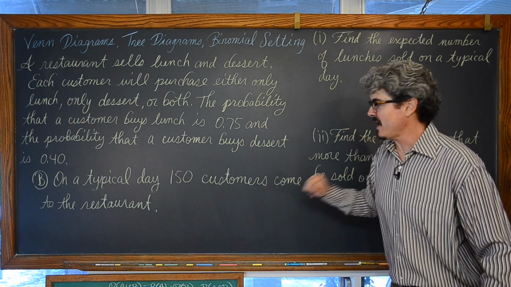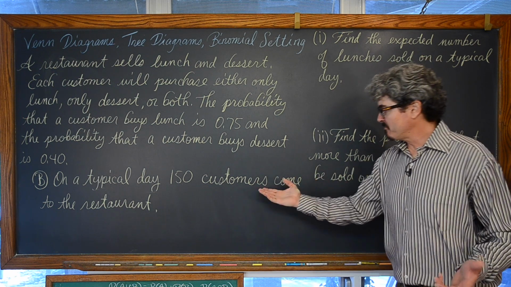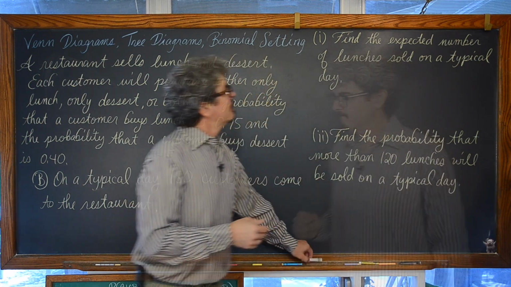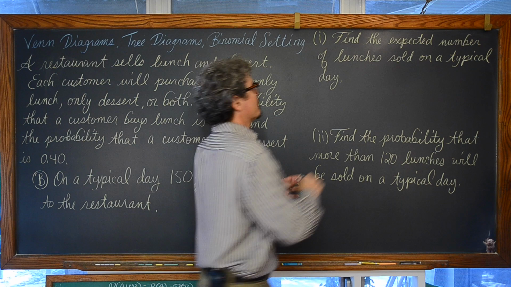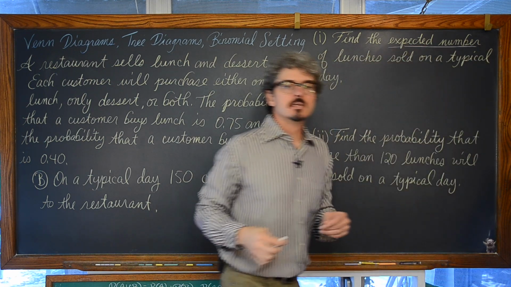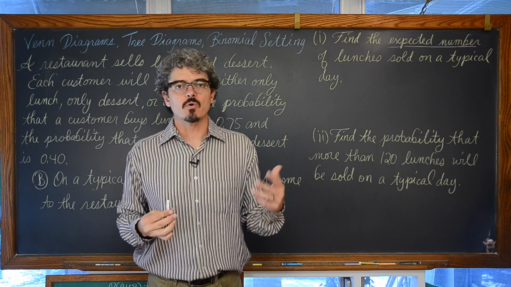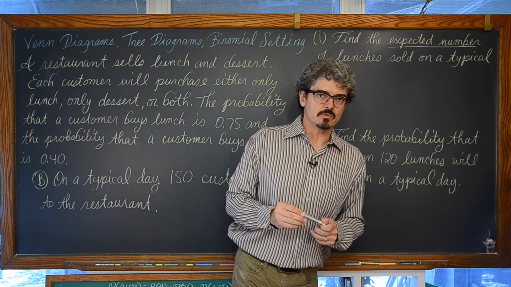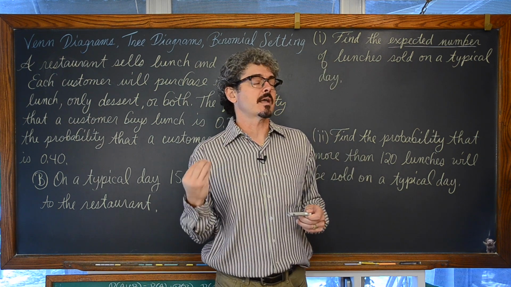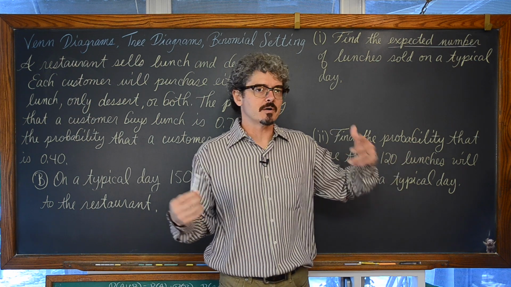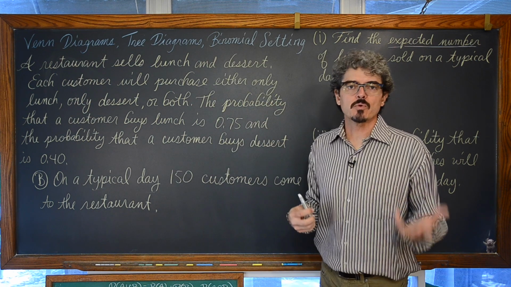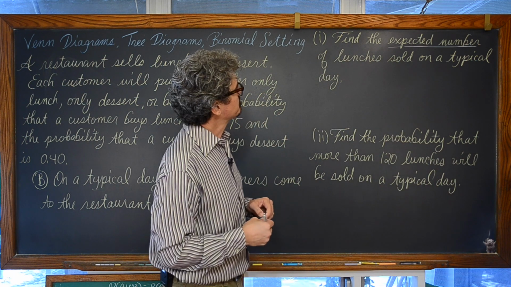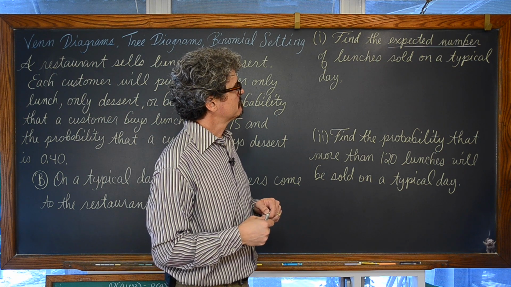Part B, on a typical day, now we're told that by past records we know that 150 customers come into the restaurant on a typical day. Well, expected number, that phrase in statistics and probability means average or a mean. It's okay for this to be a decimal, to say that we understand this is a calculated average. When I say that, maybe I come up to 103.7 customers. There's no reason or need to round that off to maybe 103 or 104. So, lunches.